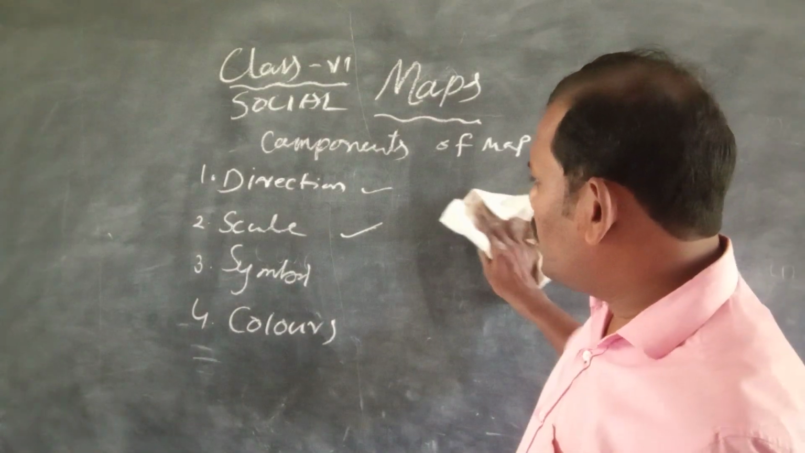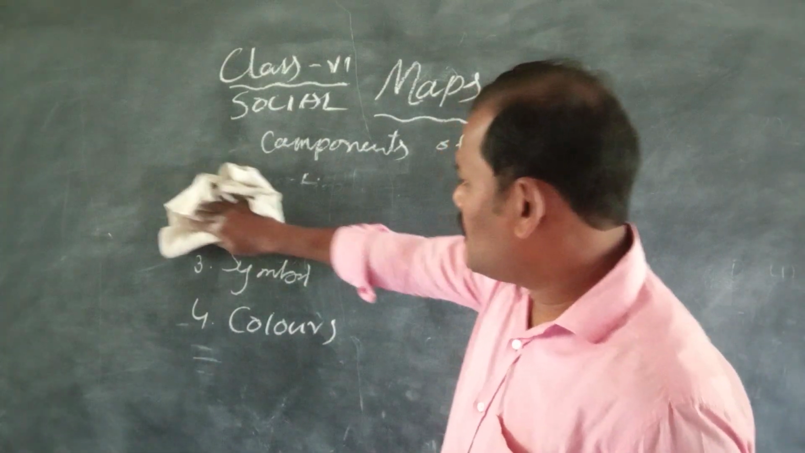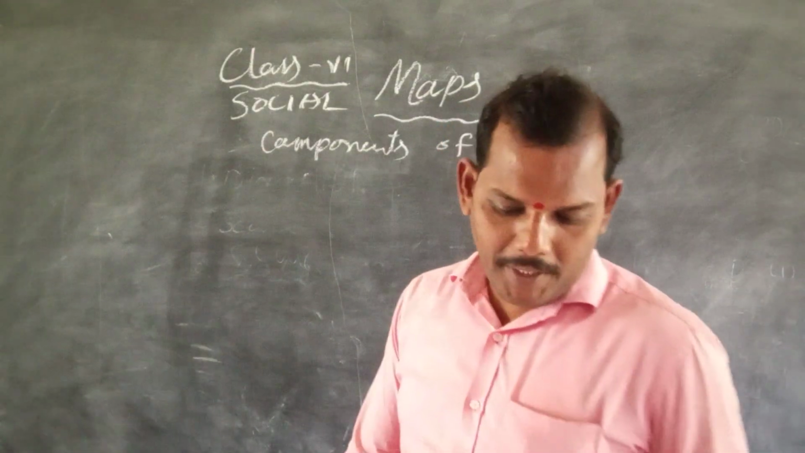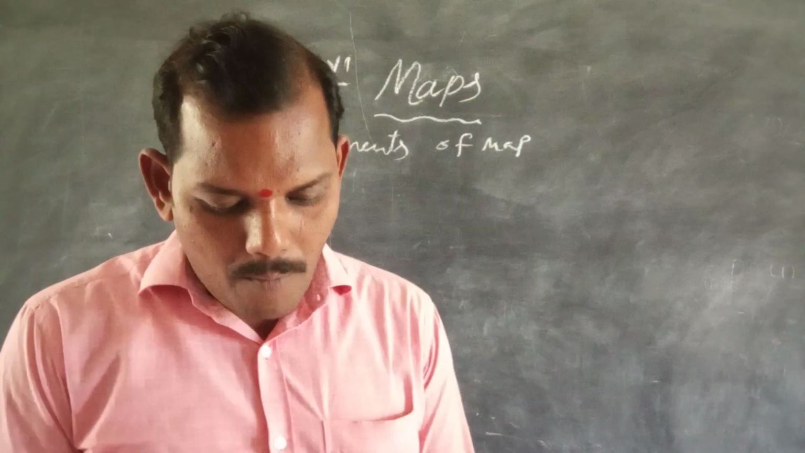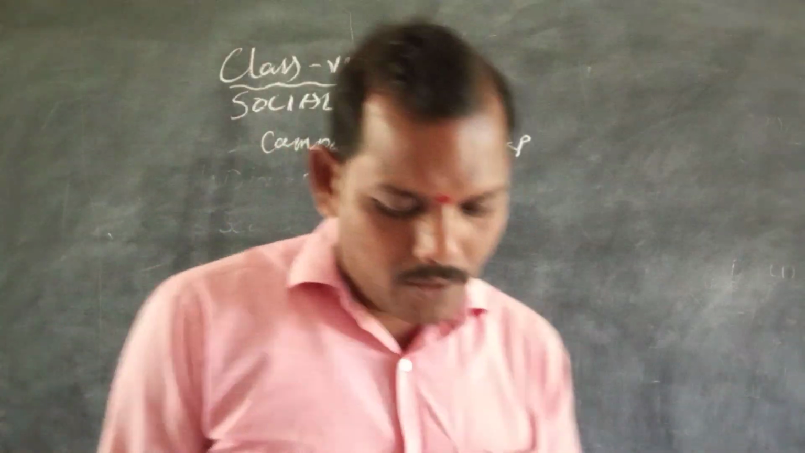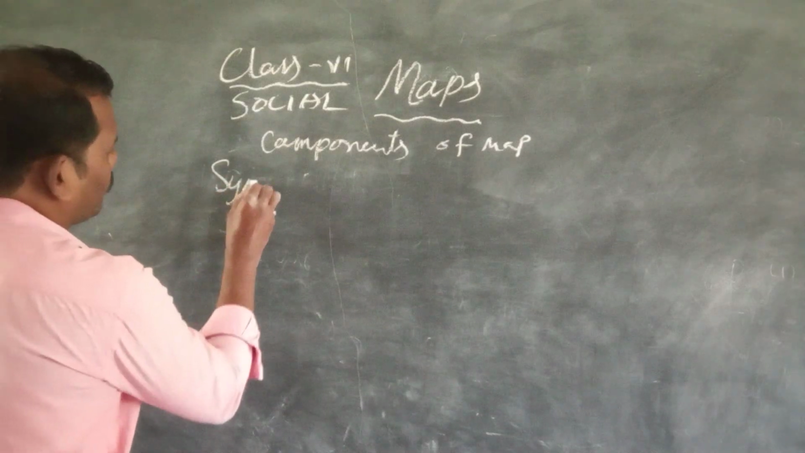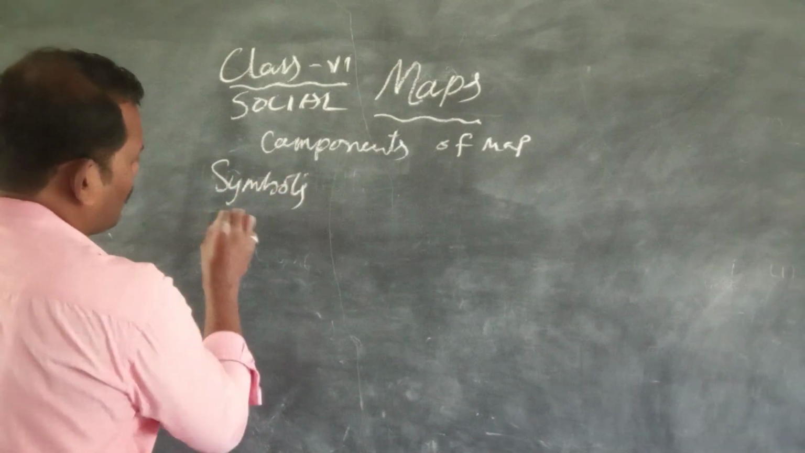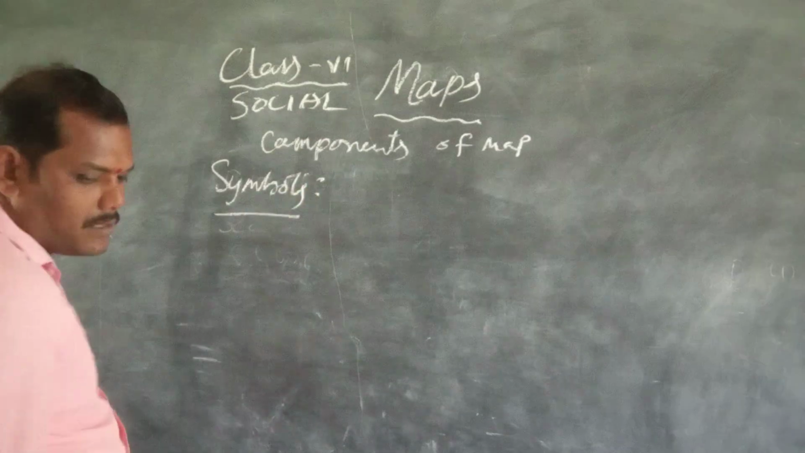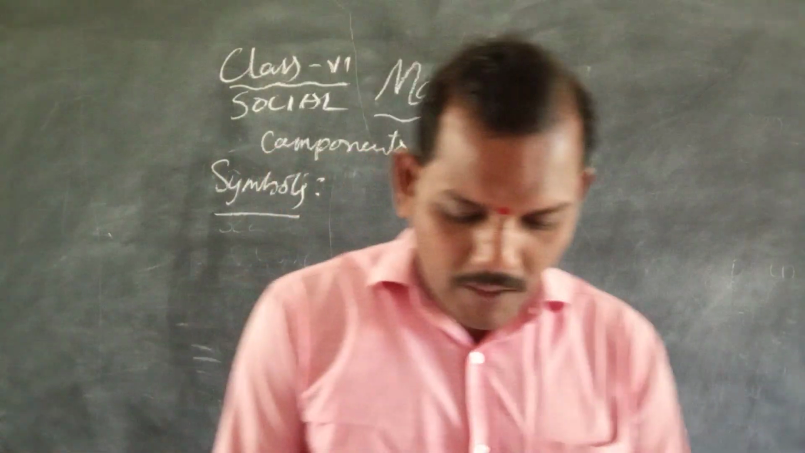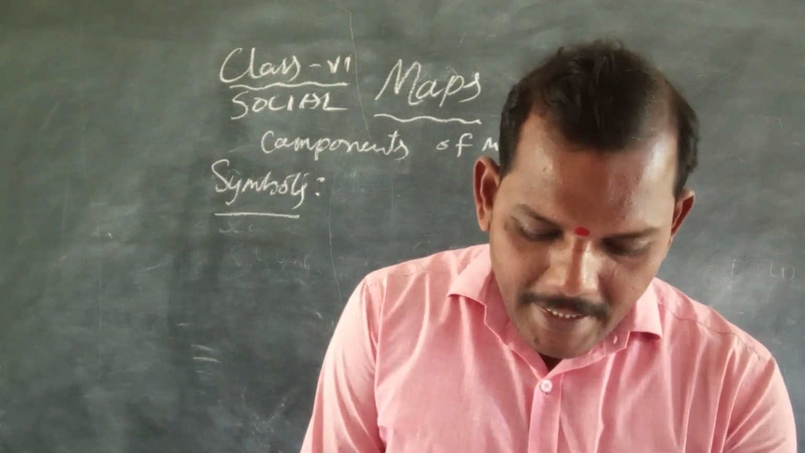Right? Next we are going to discuss the symbols. What is the third component? This is one important component. The third important component of a map is symbols. What is the need of symbols in the map? Actually, it is not